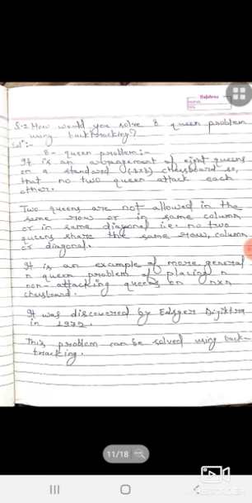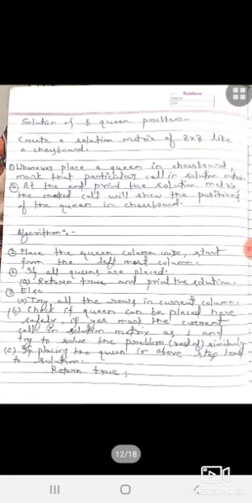Next question is backtracking. Using backtracking we have to solve the 8 queen problem. So what is the 8 queen problem? It is an arrangement of 8 queens on a standard 8x8 chessboard so that no two queens attack each other. You can pause the video and see the other portion of the theory. I will move further. Solution of the 8 queen problem. Whenever we place a queen on the chessboard, mark that particular cell in a solution matrix. At the end, print it as a matrix, and the marked cells will show the positions of the queens on the chessboard.